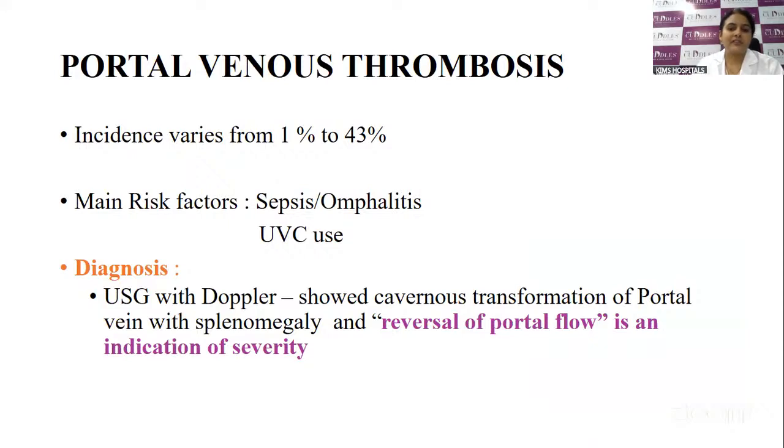Now coming to the portal vein thrombosis, the incidence usually varies from 1 to 43%, and the risk factors involved are sepsis or omphalitis, umbilical venous catheters, etc. The diagnosis is confirmed by USG with Doppler, and this shows cavernous transformation of the portal vein with splenomegaly. If there is any sign of reversal of portal flow, this indicates severity of the portal vein